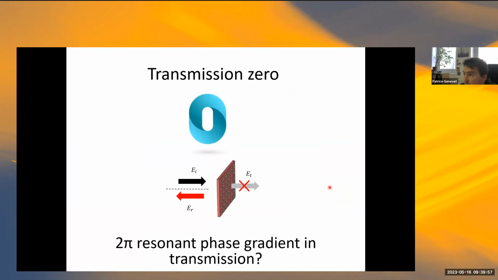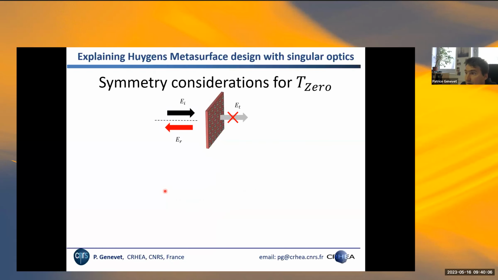I would like to show you what happens in transmission. So I'm considering this time not the reflection zeros, but the transmission. So all the light is not transmitted, it's reflected. And I would like to consider one of these systems where you don't have any absorption. Because you don't have absorption, light coming from this channel and reflected here, and coming from the lower one and reflected in the upper one, is essentially the same by time reversal symmetry.